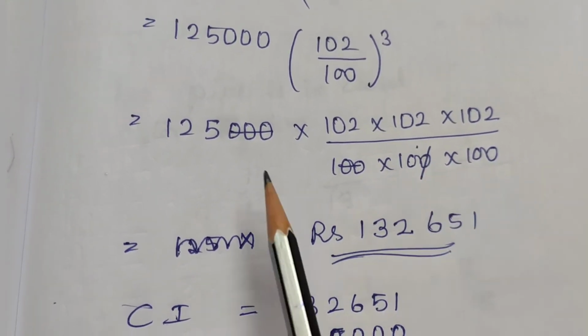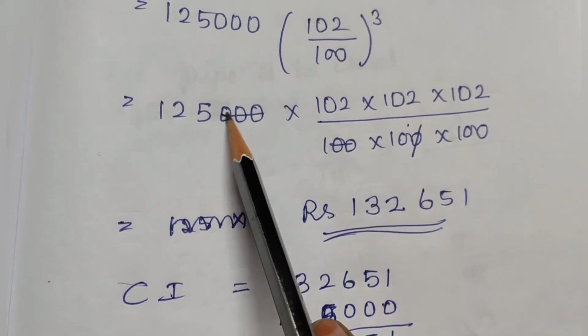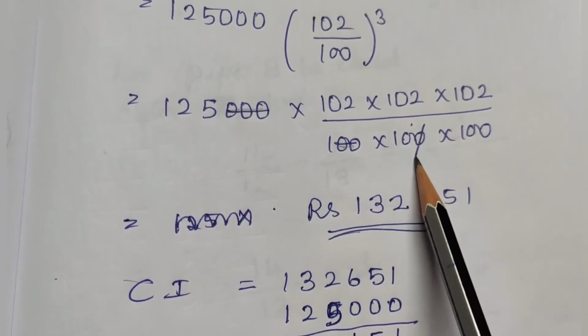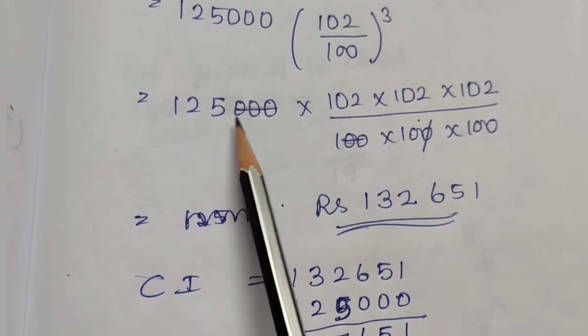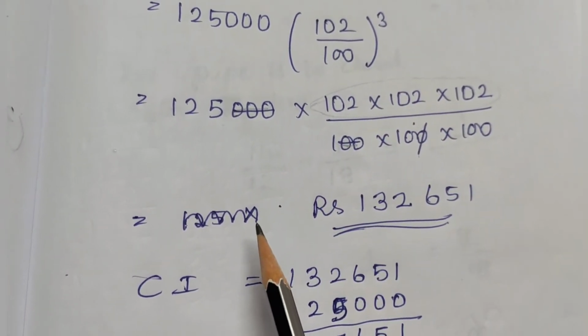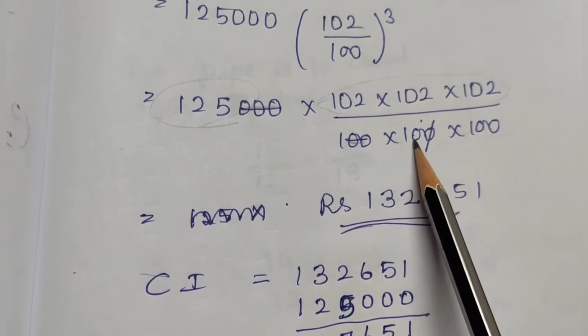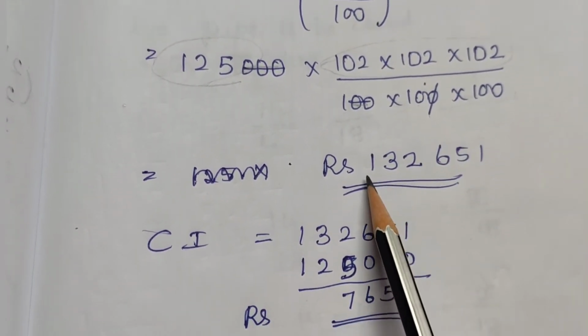And I didn't try to cancel anything. I just cancel these 3 zeros, 2 and 1. Now I am left with 125 into I multiplied 102 into 102 into 102. Then with that answer I multiplied 125. Then I divided by 1000 and I am left with